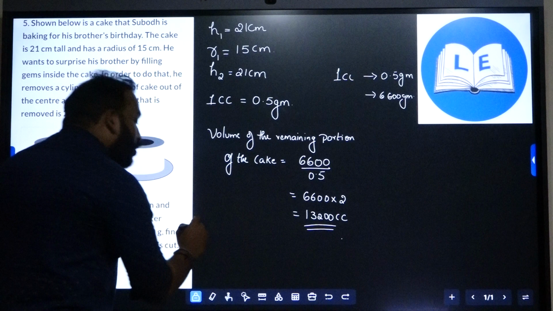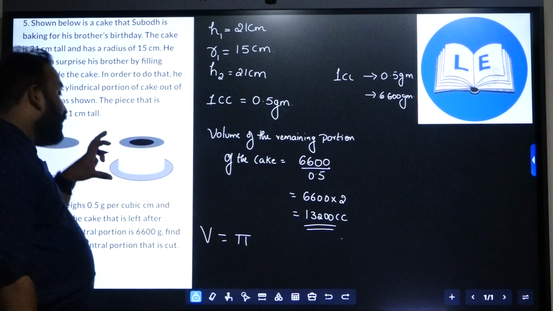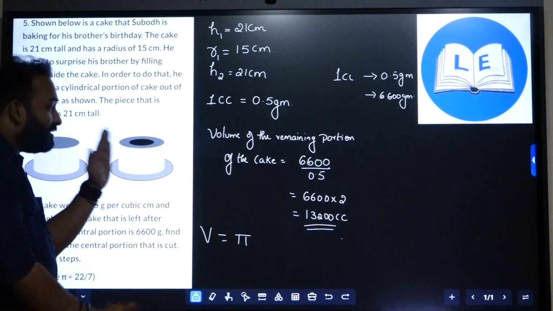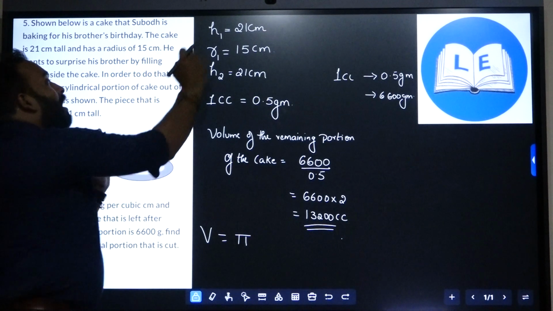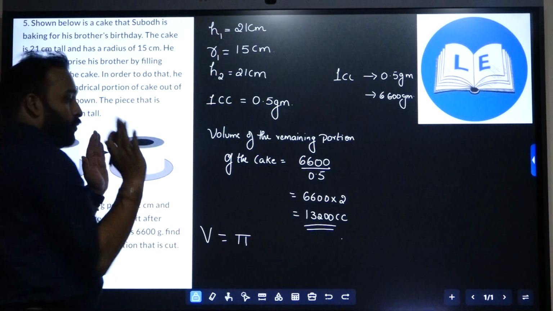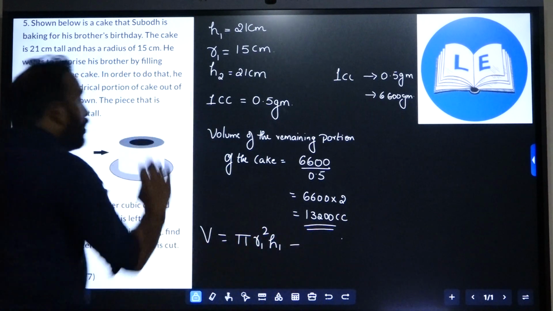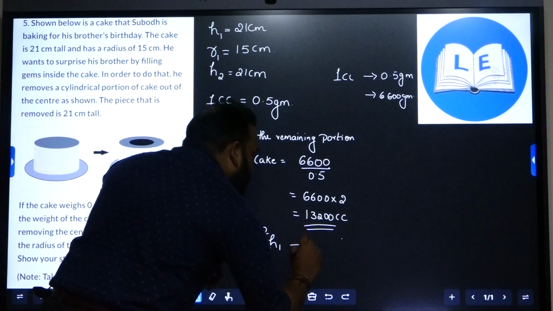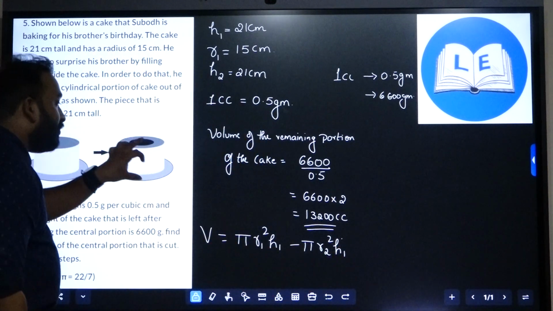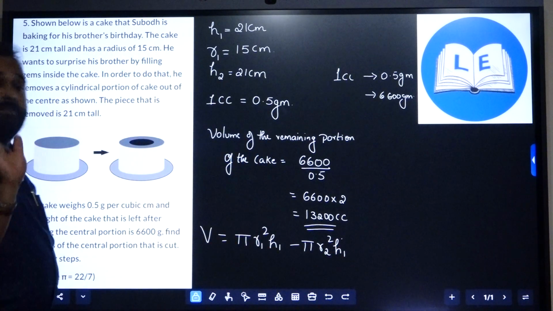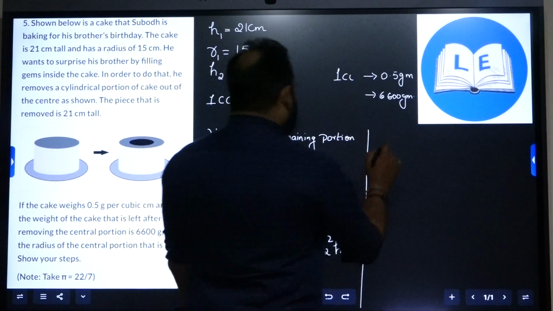Now what is the volume? V can be written as, see children, you know that we have two cylinders. One is a larger cylinder, one more is a smaller cylinder. So let's concentrate on this picture here. Volume of this cylinder is pi R1 square into H1 minus volume of the smaller cylinder, height is same. So pi R2 square into H1, because height of both the cylinders, the inner and the outer, is same. In that case, this volume is given directly to us. So let's use that to calculate. So we will write